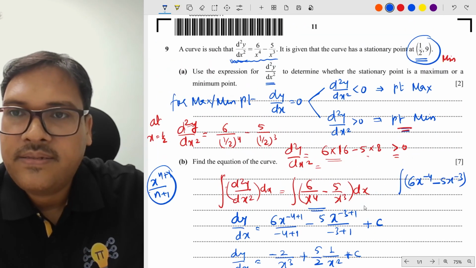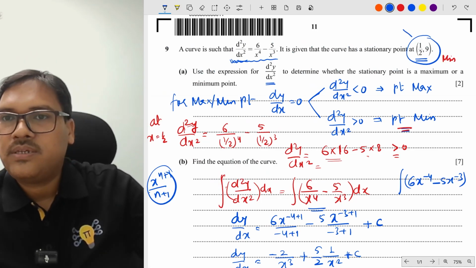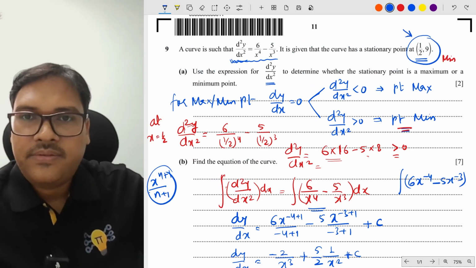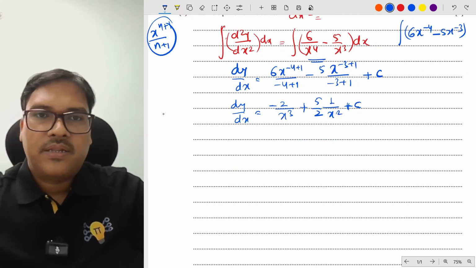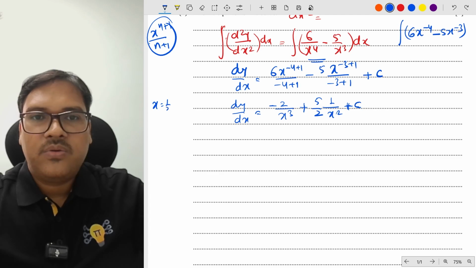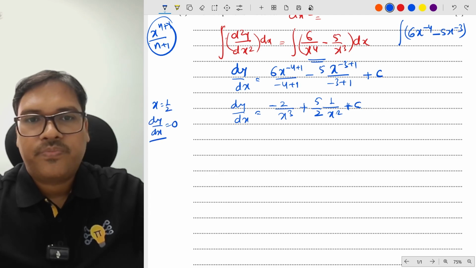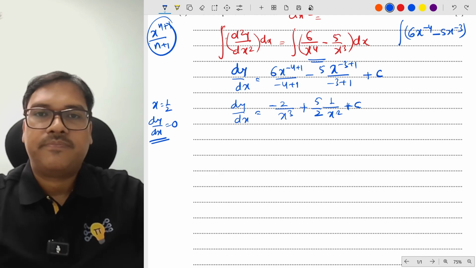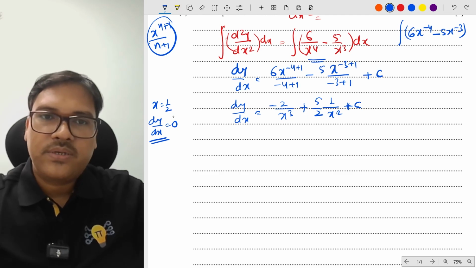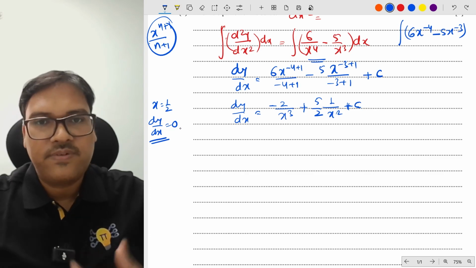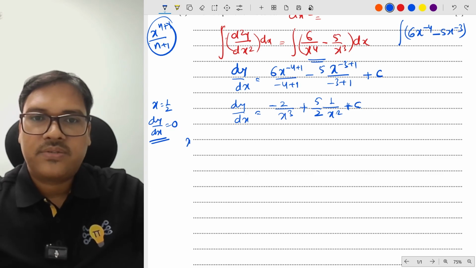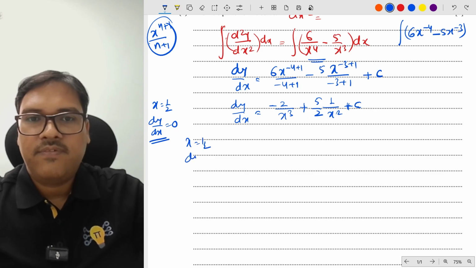Now it is given that this is the stationary point. See, this is the stationary point. How can you use this to find the value of c here? At x equal to 1 by 2, dy by dx will be equal to 0, because this is the stationary point. So if I put x is equal to 1 by 2, the first derivative should be 0. So if I put x is equal to 1 by 2 and dy by dx equal to 0,